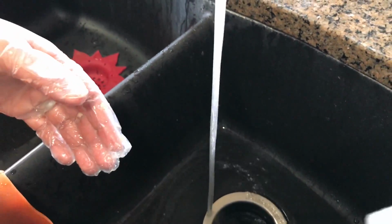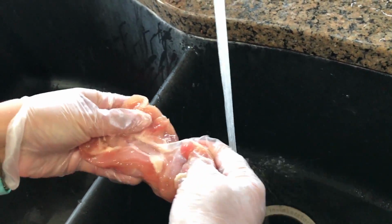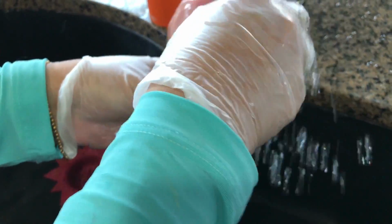See? All that, so it's really nice and clean. And then the one that we're going to use right now, you also want to clean that up. Any of the slimy stuff that comes out, you want to pull that out and clean it. Also, don't use very hot water. Just use